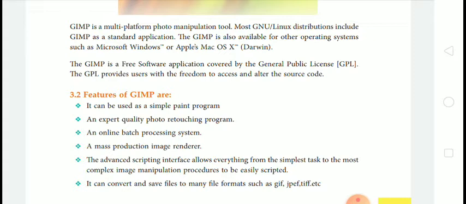GIMP is a free software application covered by the General Public License, GPL. The GPL provides users with the freedom to access and alter the source code.